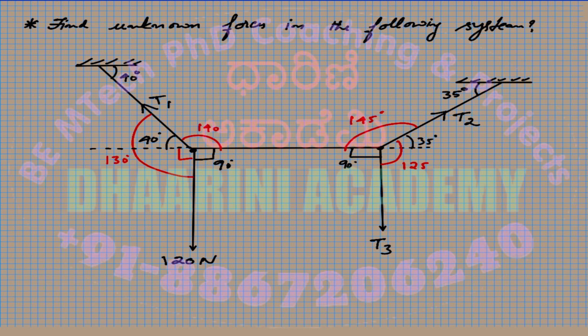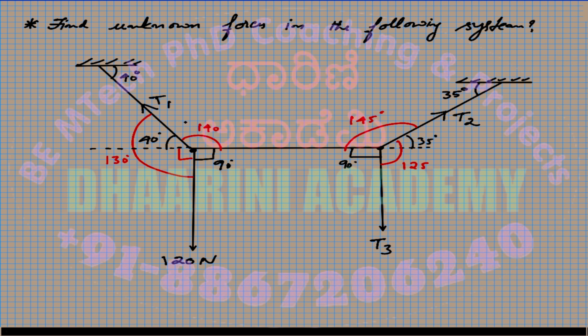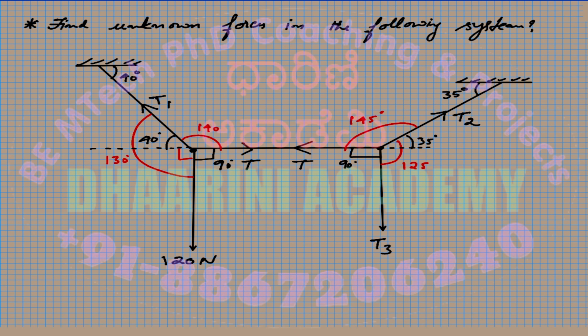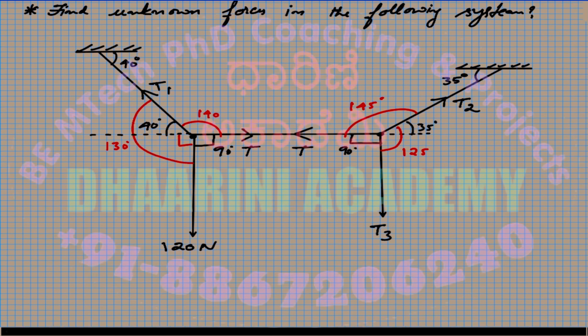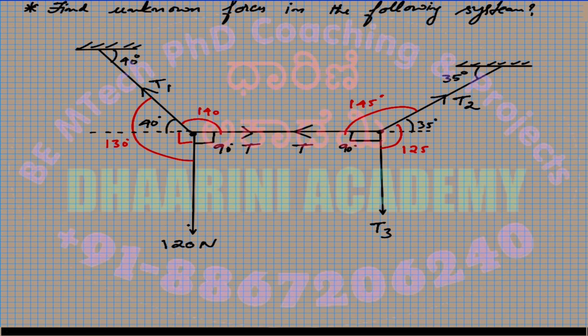So I know that there are three forces, right, acting at any point. So I'll call this some T. The same tension will be present from the other side, right? The T value which you calculate will hold good for both the cases. Okay, so for the first system, let's write Lami's theorem, that is T1 divided by